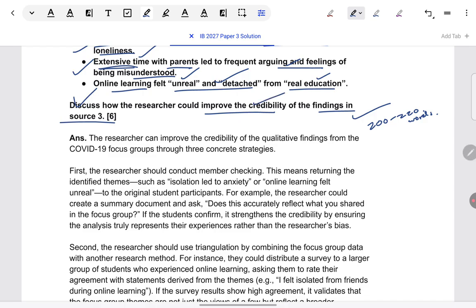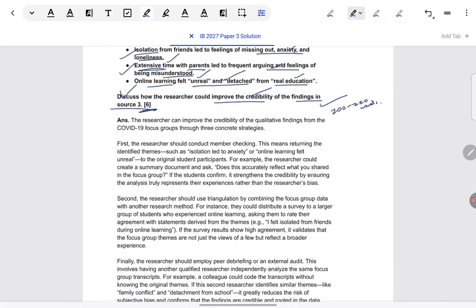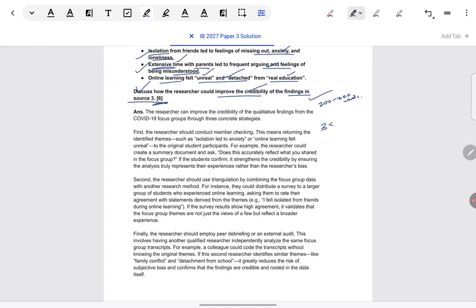And again, one more thing, the question is about improving credibility rather than interpreting what was there, right? The previous one was about conclusion or interpretation. This one is about credibility. Here, I would say, because it is for 6 marks, give three suggestions. You can take a screenshot if you need to, each worth 2 marks. Please do not equate 2 marks with 2 points or two sentences. This is a proper mini essay question. A 6 mark question is like a mini essay, meaning that you have to elaborate enough to get 2 marks.